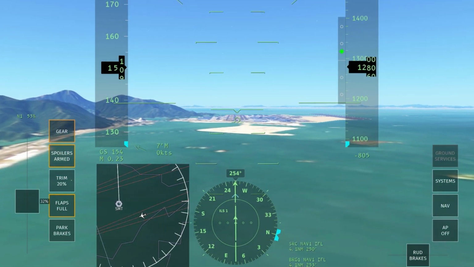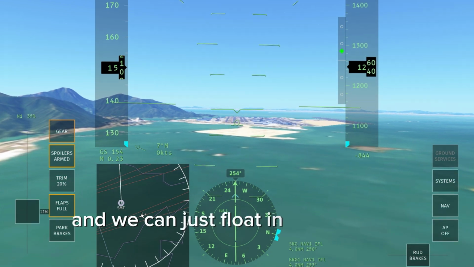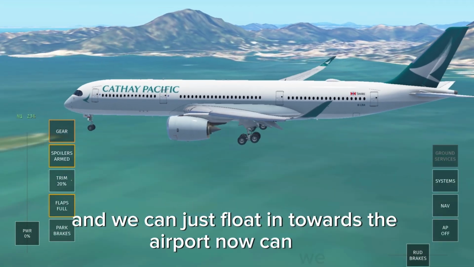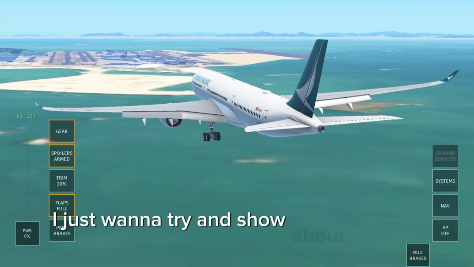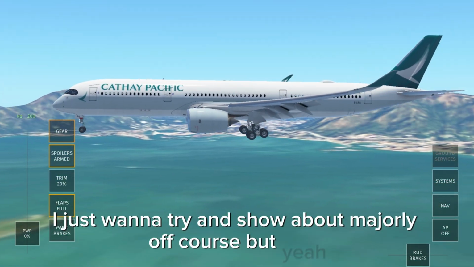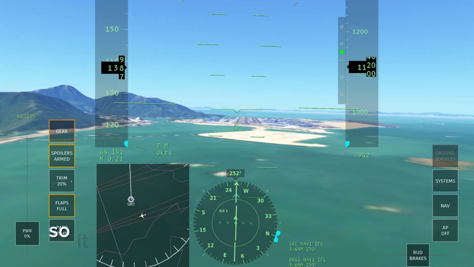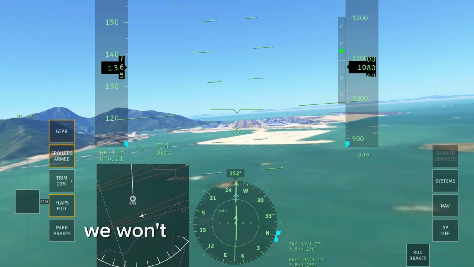And we can just float in towards the airport. Now, the way the landing gear are tilted on there, I just want to try and show without going majorly off course. They're sort of tilted downwards, so it means when we make our approach, we won't tilt too high